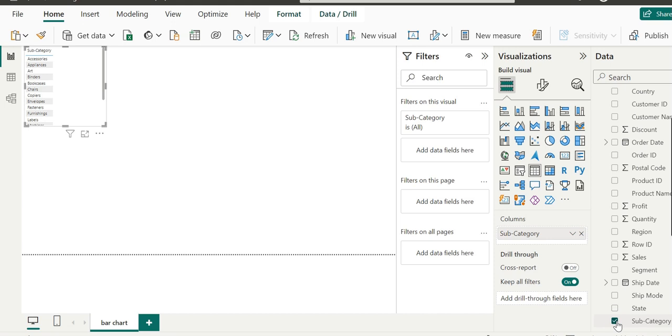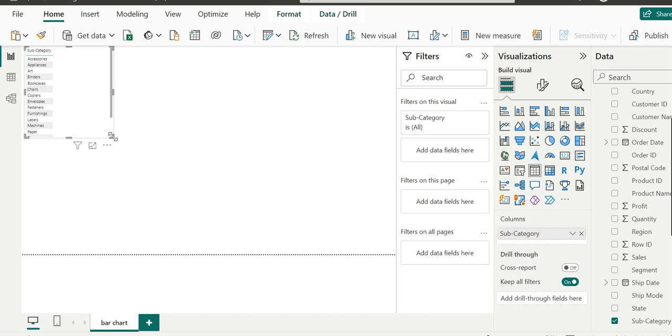Unlike the state field, this one is not mapped to a pre-existing visualization that Power BI is aware of. So when we choose this, Power BI will create a table visualization. You can see on screen that we now have a table containing all of the values of subcategory: accessories, appliances, art, binders, bookcases, chairs, copiers, envelopes, fasteners, furnishings, labels, machines, and paper.